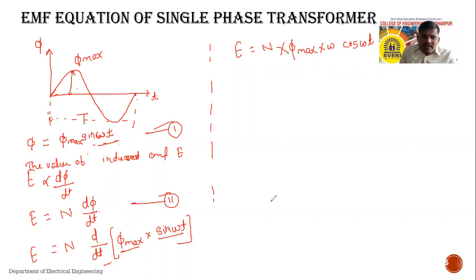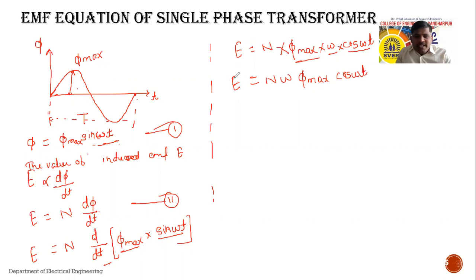So see the equation, the induced EMF E is equal to n phi max, which is constant, into omega cos omega t. So I am writing here this equation: n omega phi max into cos omega t. Okay, all of you understood how this term will become? Yes sir. Okay,